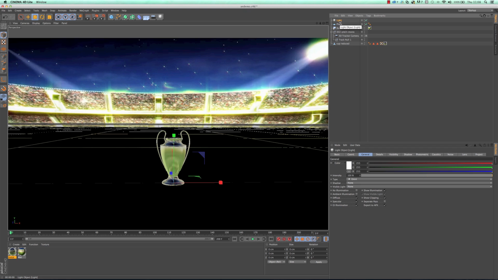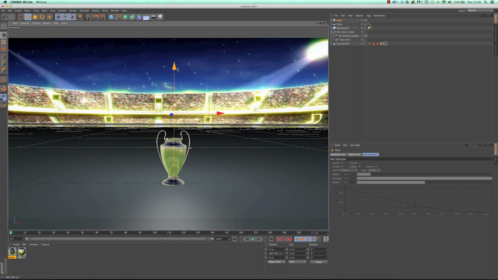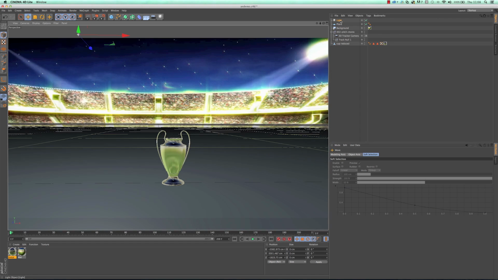And when that's in the scene, I'm going to use the move tool and drag it up this axis. One of the problems that you can have is when you're working in preview mode, you get a falloff of the light, but what you don't have is immediately where shadows are cast. The first thing, of course, is to turn on shadows.